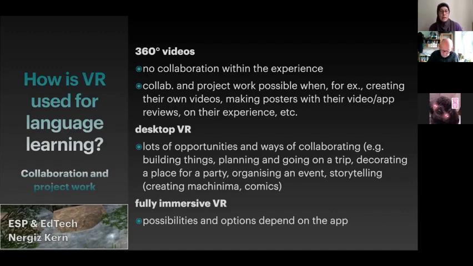Or you can have them create comics, take snapshots in virtual reality, and then put them together into a story and create comic strips. So lots of things you can do here, but of course you have to have the skills sometimes, and also your learners would have to learn how to do these things.